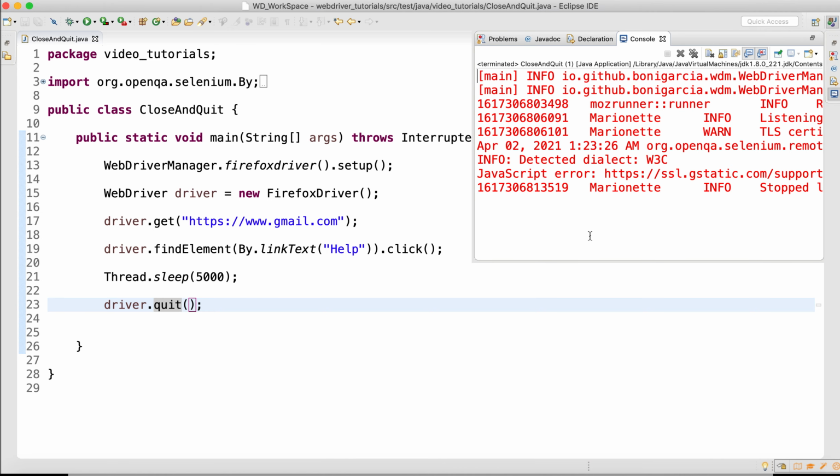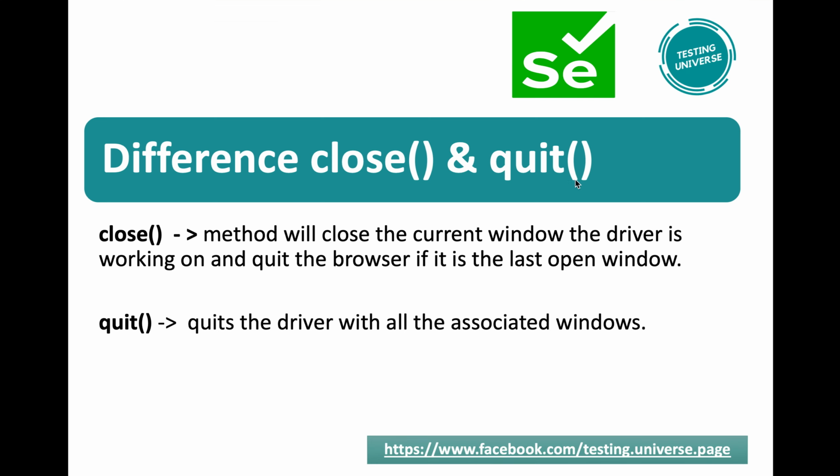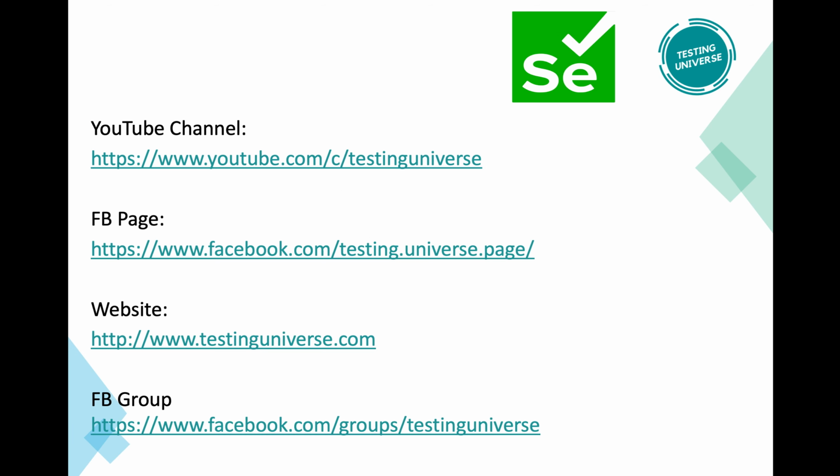It is quitting both the windows, and then the driver instance will be terminated. So that's about driver.close and driver.quit. This is one of the frequently asked interview questions, and you should be very well aware of what exactly happens with those two methods.